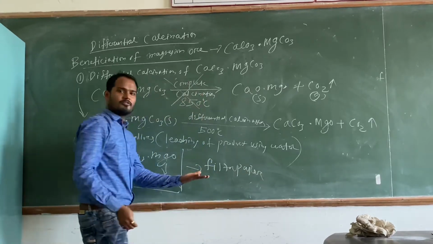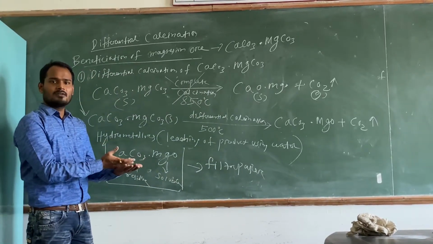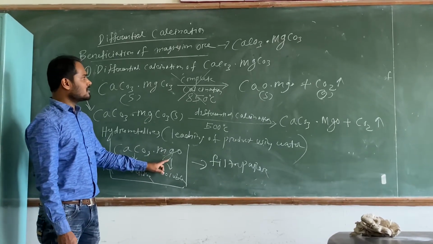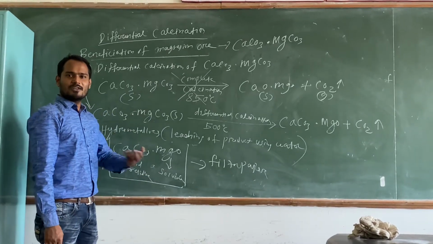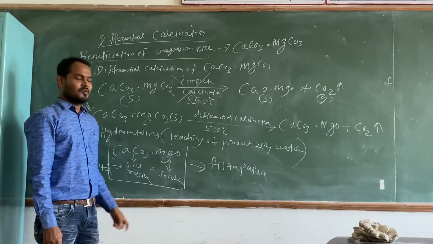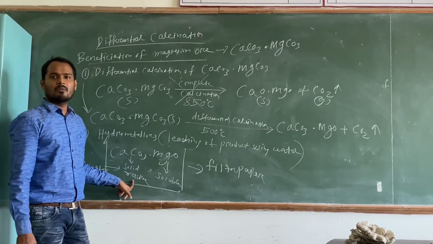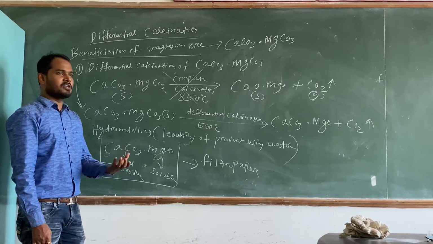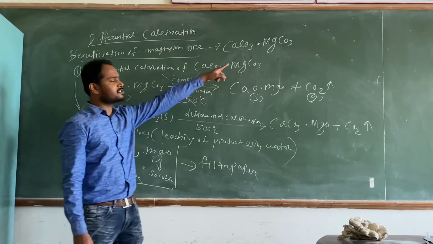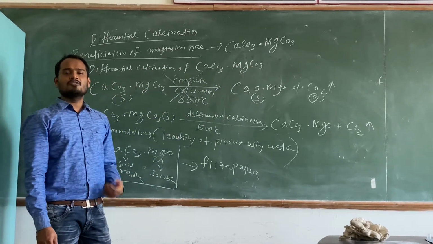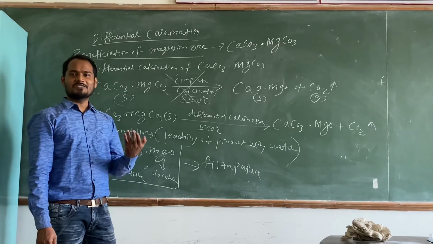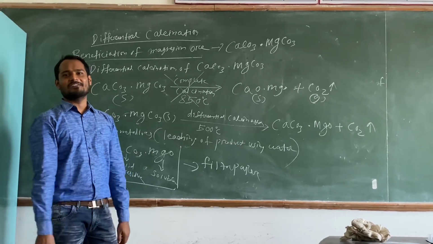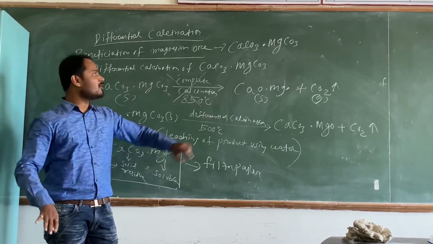On the filter paper, the calcium carbonate residue will be left, but the solution will pass through, containing magnesium oxide. Suppose your question is, but sir, we want magnesium carbonate, and in our solution we have magnesium oxide, right? Magnesium oxide will dissolve in water to become magnesium hydroxide. So we have a liquid solution containing magnesium hydroxide, but we want magnesium carbonate. So simply pass CO2 gas. Magnesium hydroxide will react with carbon dioxide to give you magnesium carbonate again, a solid. So you can easily separate magnesium carbonate from calcium carbonate.